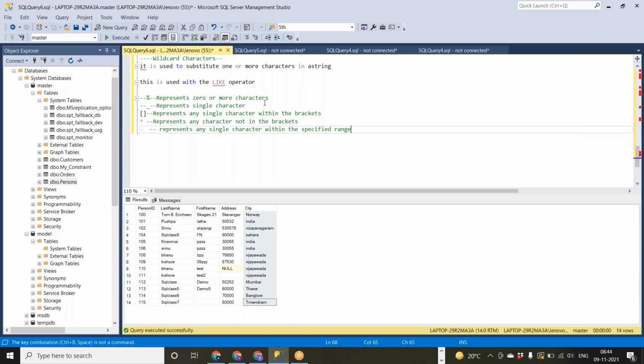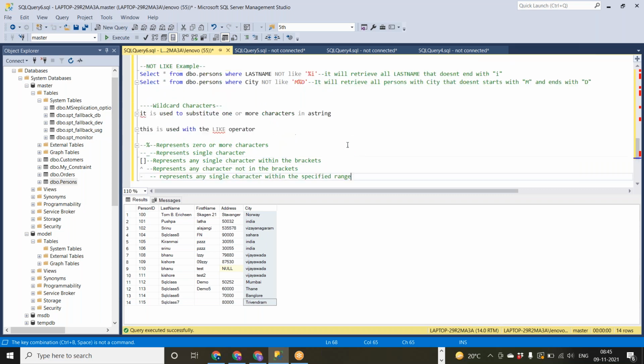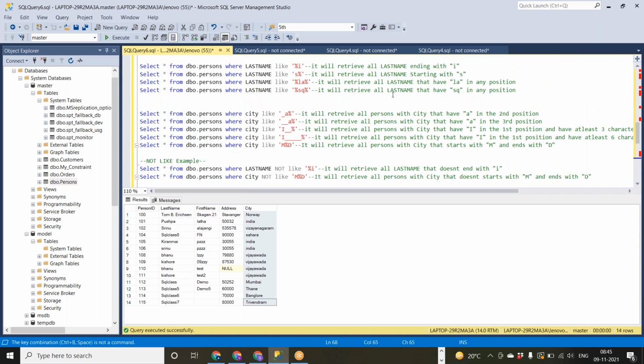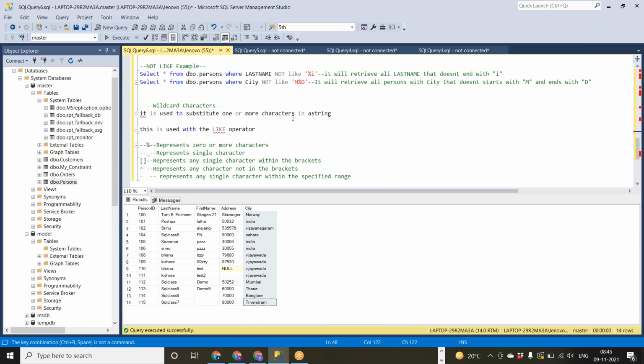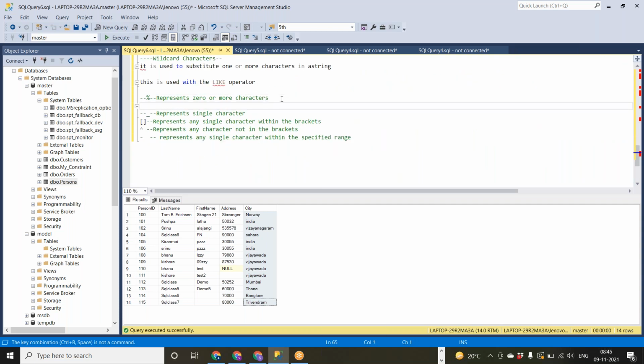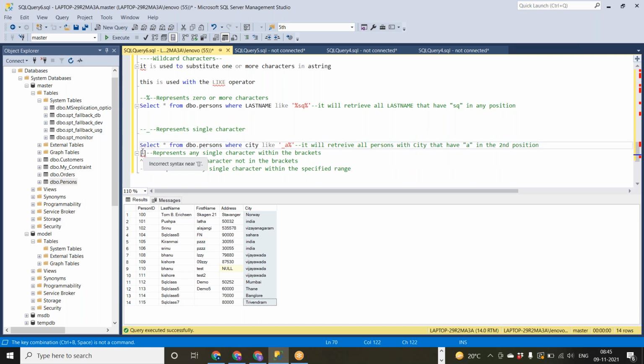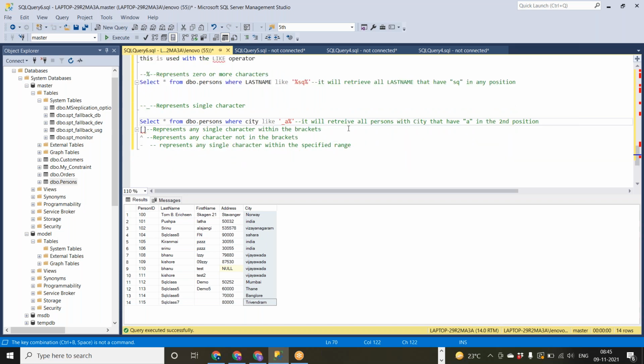Okay, this 0 and single character we have seen. I can give you an example. I'll take the same examples and paste them over here. We will see this opening and closing bracket.